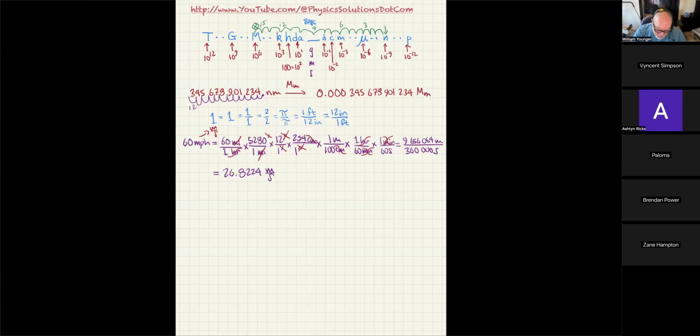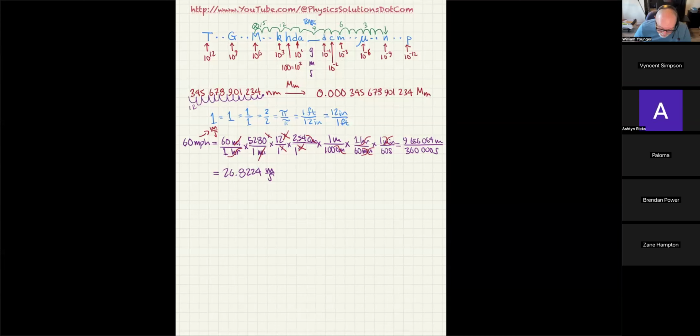So even if I had carried 50 decimal places on the 60 miles per hour, 60.000000, 50 decimal places, this would still be the right answer. Okay, because I use these quantities that are 100% right, not approximations. You don't need to worry about doing that. You don't have to do that ever. I just want you to understand that that's the advantage of using this particular long method.